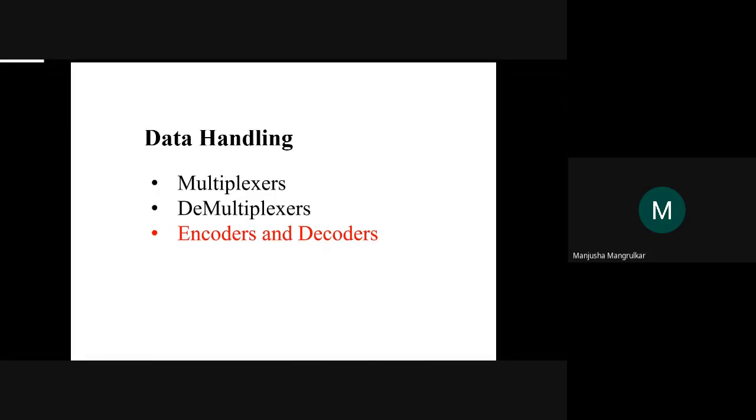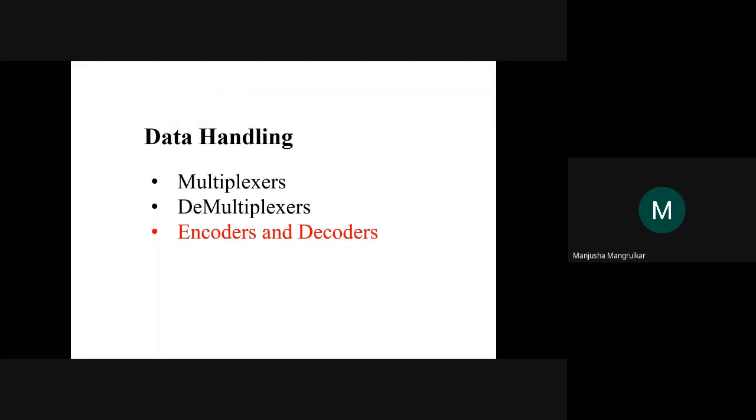We have seen coding numbers like gray code, binary code, BCD code, access code. All these codings are types of encoding. They use the same process to decode the password. So there we use the encoder and decoder for security purposes. Now we'll see what the encoder is.